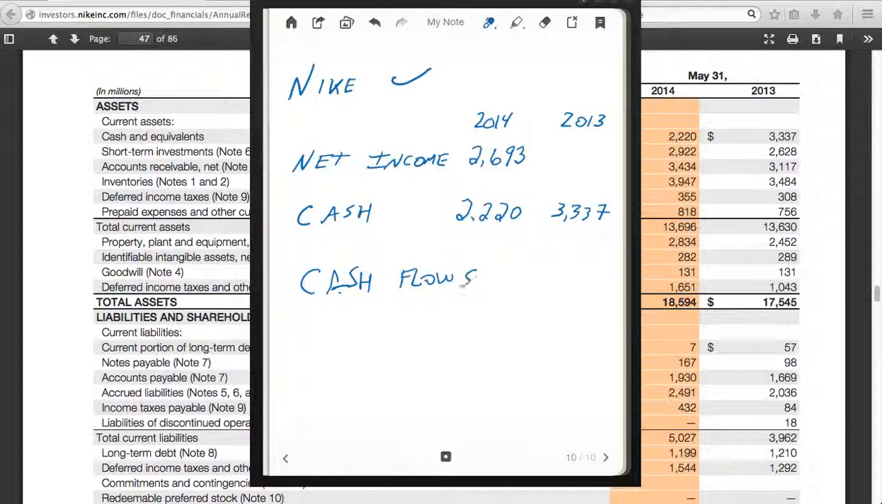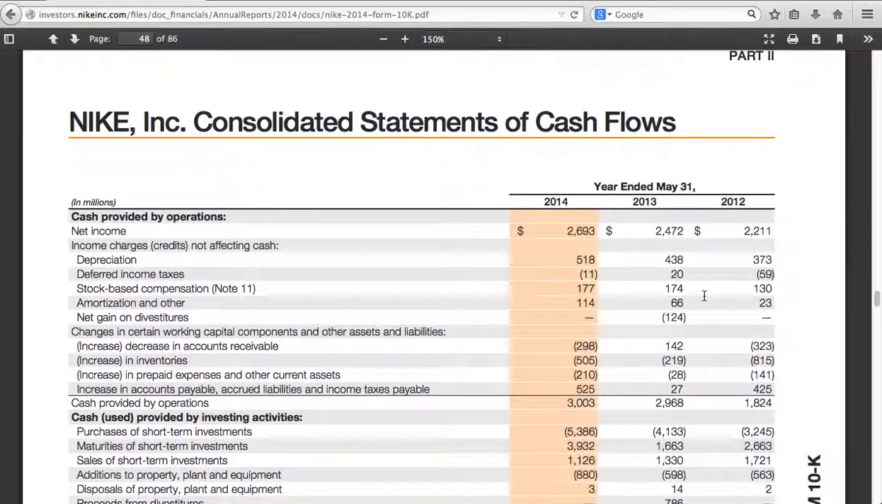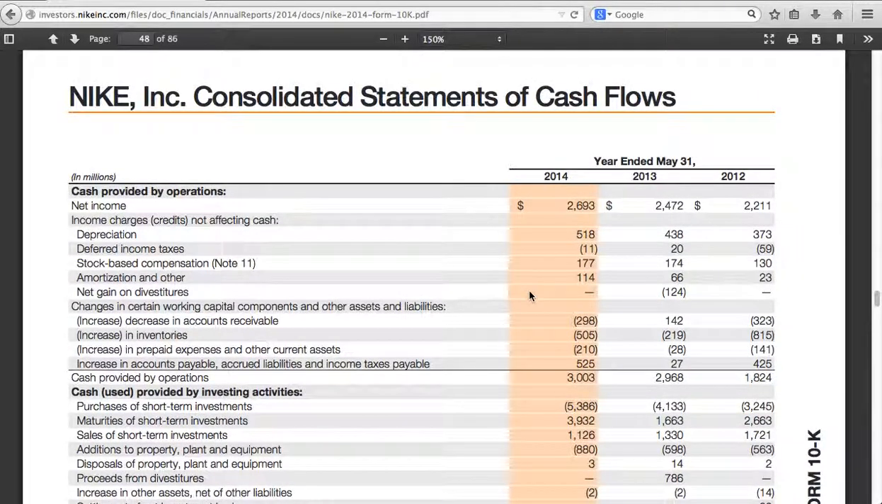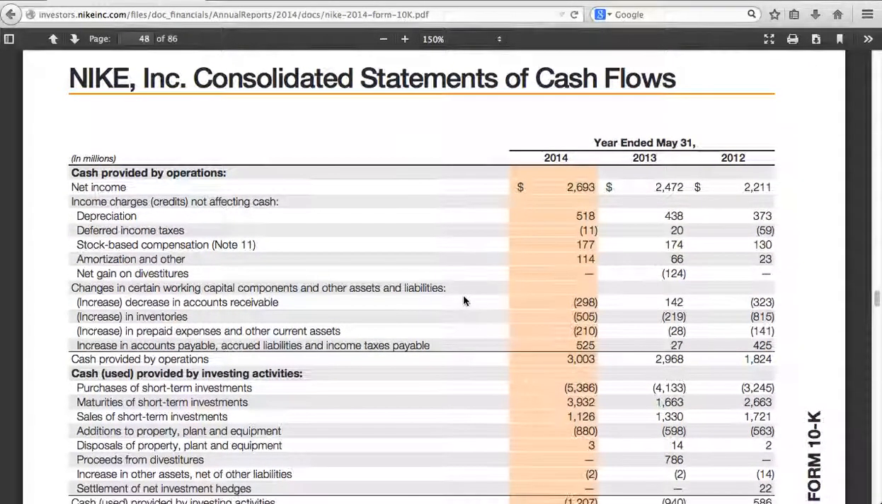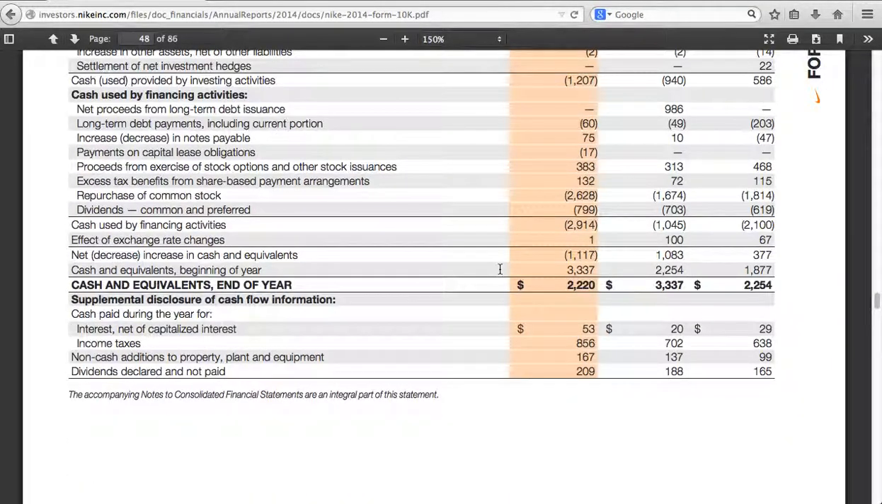All that statement is going to tell us is how we get from our beginning cash to our ending amount. It's a pretty involved statement. Let me bring it up here and show it to you. Here it is right here. Here's Nike's consolidated statement of cash flows. And as you can see, if we go all the way to the bottom,